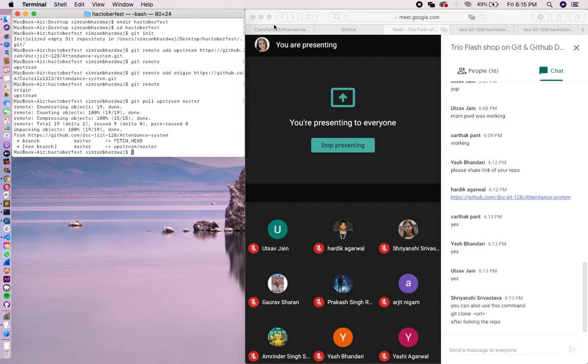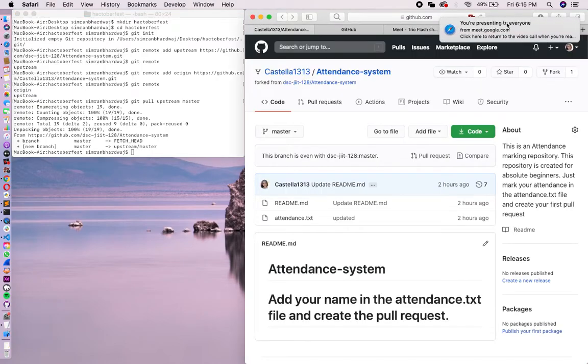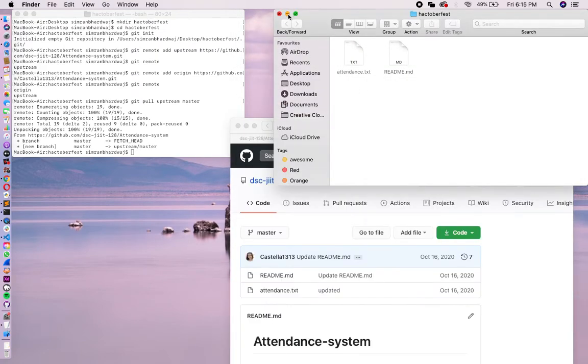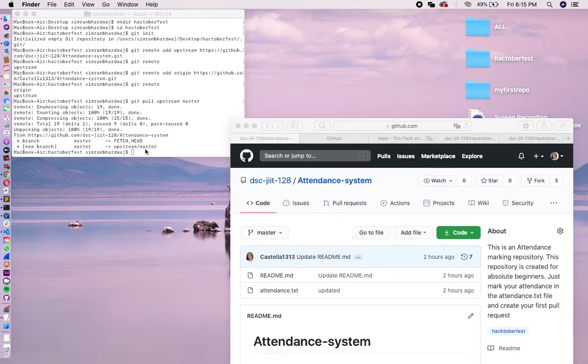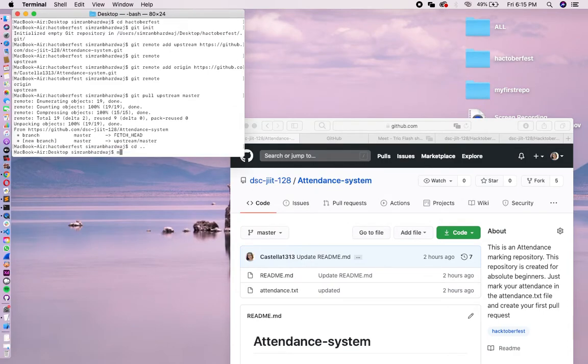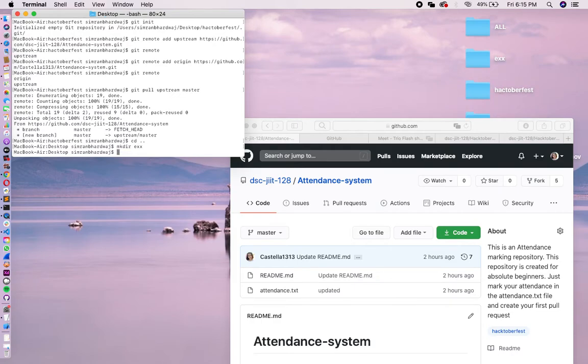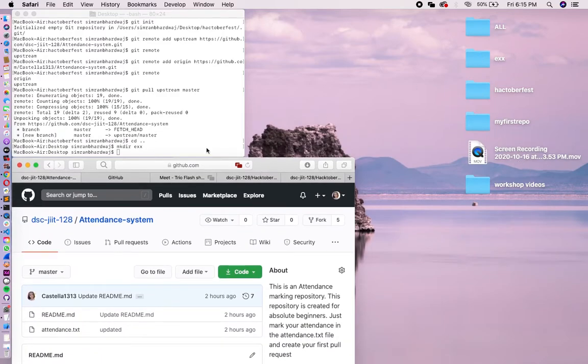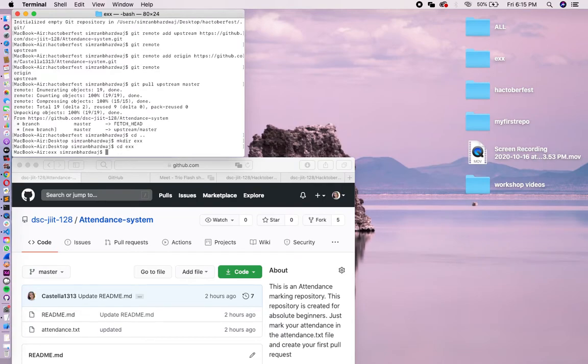Okay, if you are confused between git clone and git pull, let me tell you again. Let me just show you how the git clone command works. Okay, let me go back and let's create another folder. So you can see on my desktop right now that a folder with the name exx has been created. Now let's change my directory. Now I'm going to clone. Okay, let me start with git init.